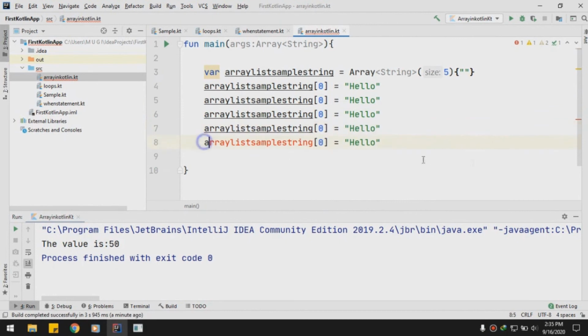Array, array, and then it will be 1, 2, 3, and then 4. Hello, welcome to Kotlin